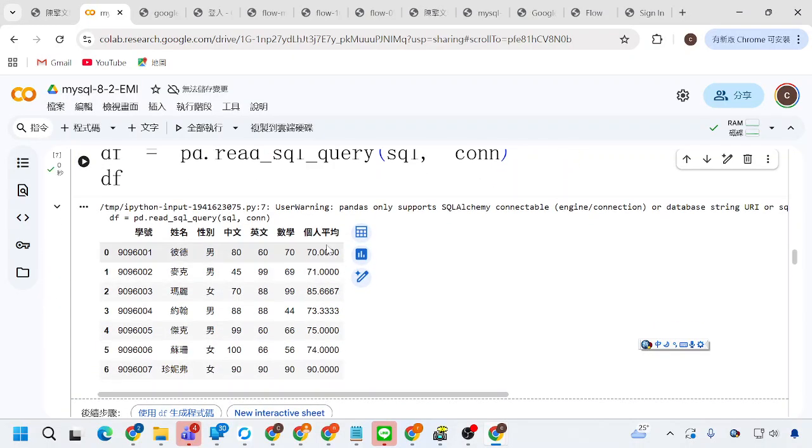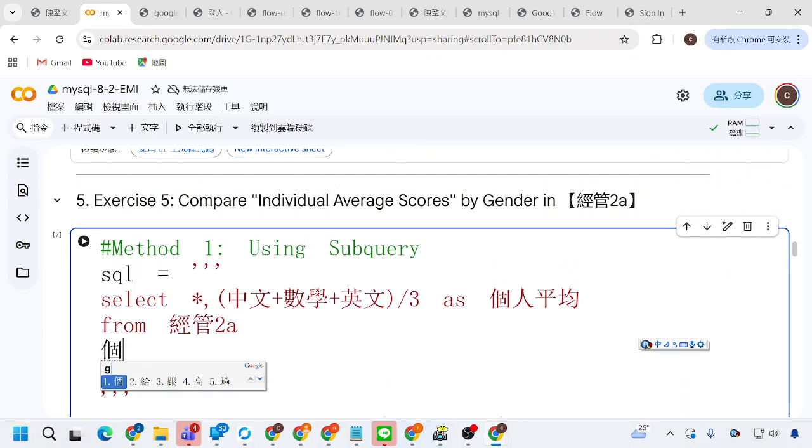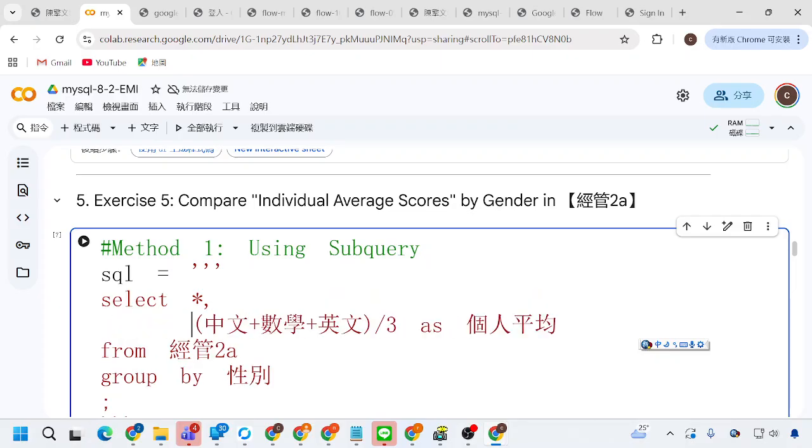So here that is my personal average. So I do the grouping. After I do the grouping, I will do